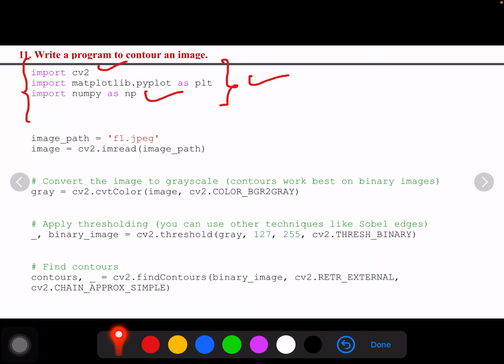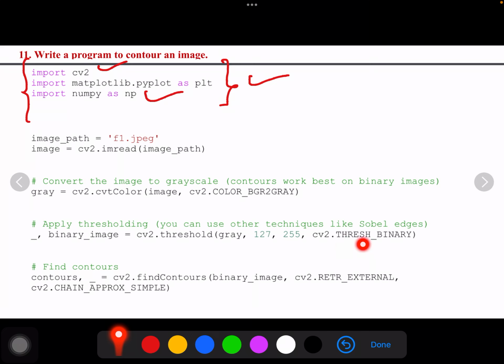The next thing is applying a threshold. As I said earlier, for a grayscale image, that is my input for this particular function. And after importing this, you need to give a threshold value, which I am taking here as 127. You can vary these values depending upon your images and see the results. Then this is my maximum value. This parameter is called the max value, and this is the threshold. Thresh is another parameter, and the third parameter is the type of